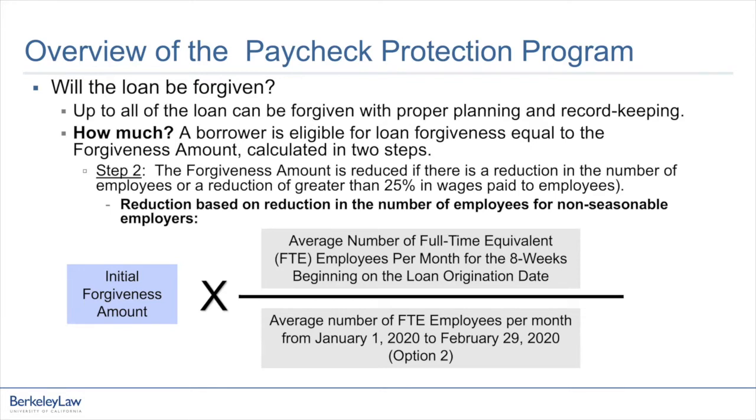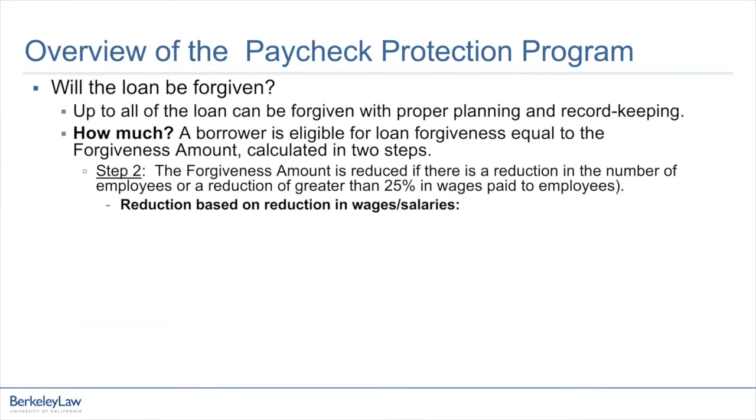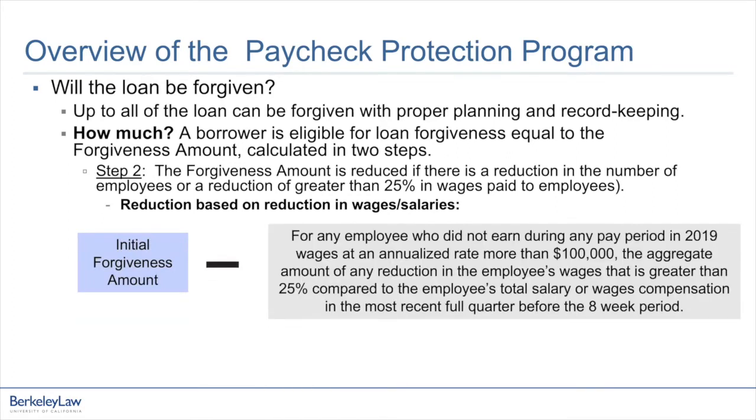However, even if you don't have a loan forgiveness reduction due to a reduction in your total headcount, you can still have a reduction in your loan forgiveness amount if the total amount of your salaries and wages paid to employees during the 8-week period after the loan is dispersed is less than a specified level. Under the Act, the second loan reduction amount is calculated in the following way. You would take the initial loan forgiveness amount and reduce it by an amount that equals, for each employee, the